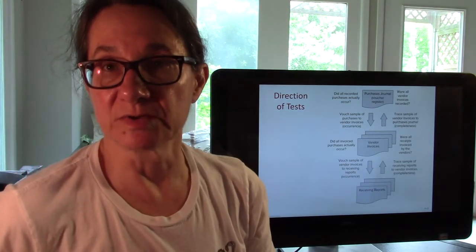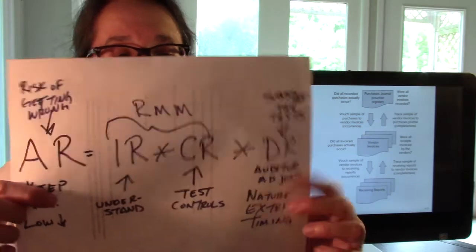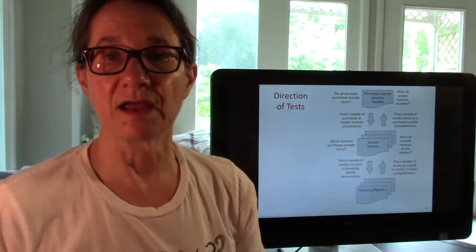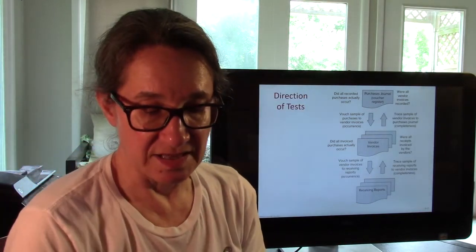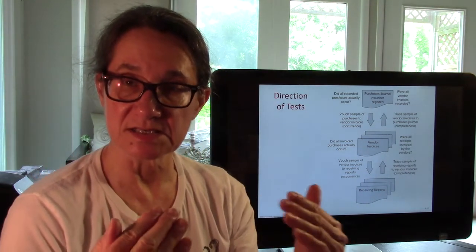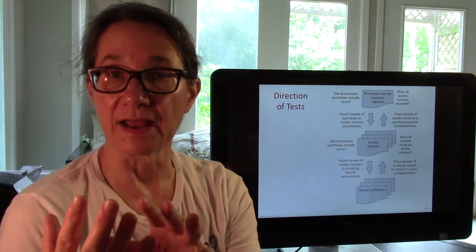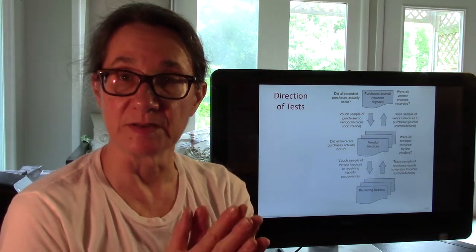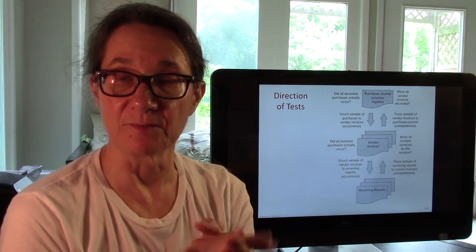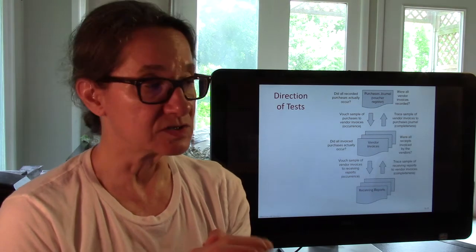And if you understand your risk of material misstatement, now you're ready to go on to these substantive tests. When I do substantive tests, that's where I can adjust how I'm doing my tests so I can get a better audit outcome. I can adjust the nature, extent, and timing of my audit substantive tests so I keep my audit risk low. So this next part